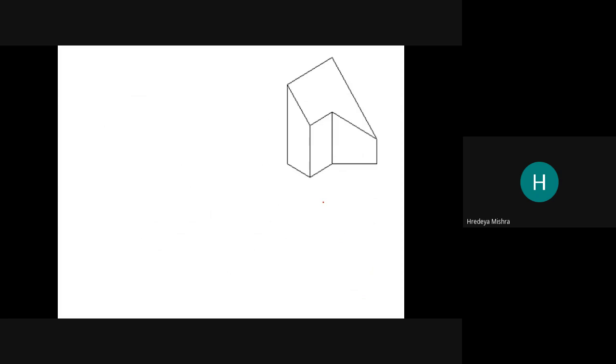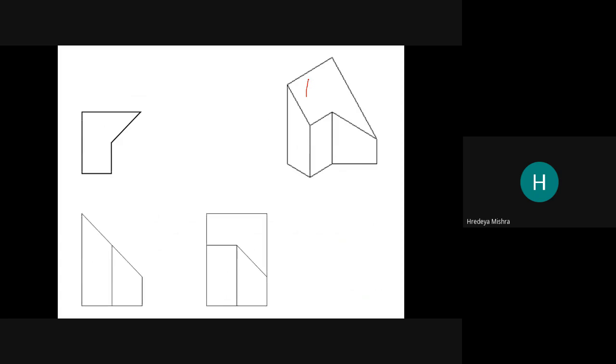So there is a face which is inclined. This is our face, which is inclined, that is not parallel to the base. So here we can first see the three principal views: front, top and side view.